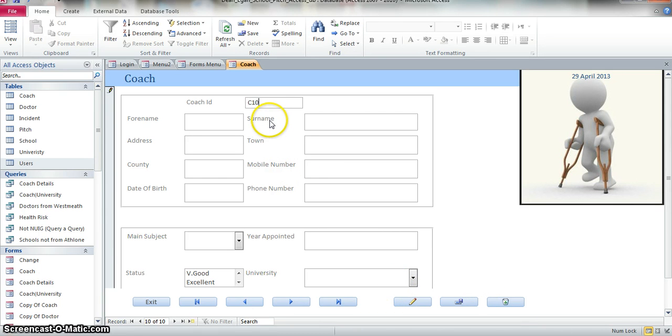So let's put in C10, Harry Jameson, Gary Castle, Athlone, Westmeath, phone number, date of birth, now main subject,